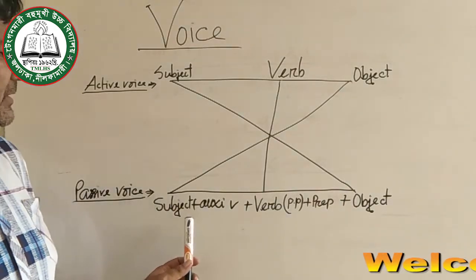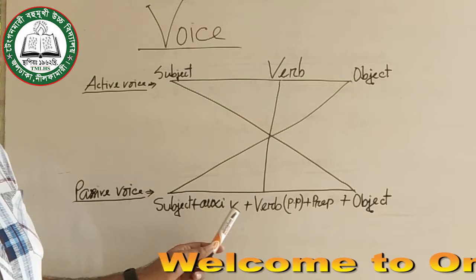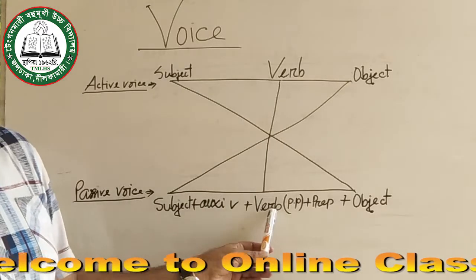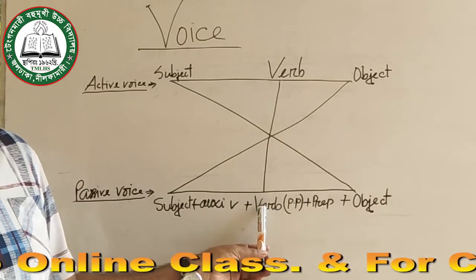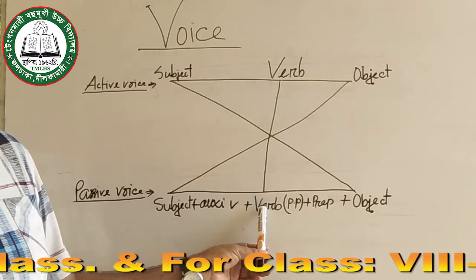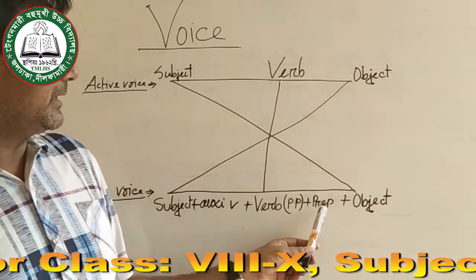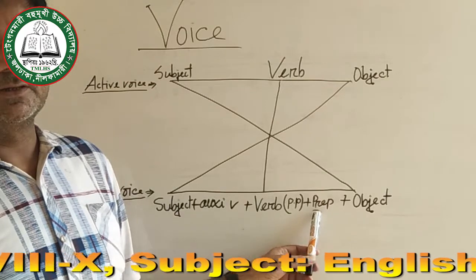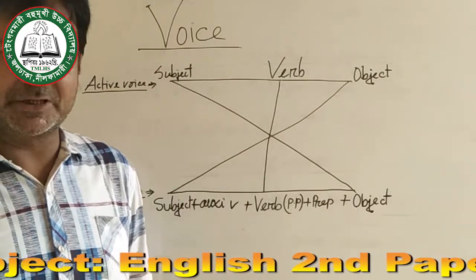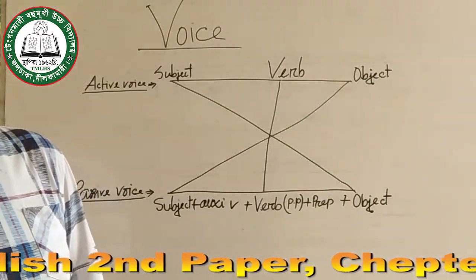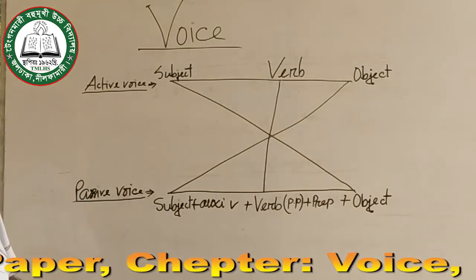Passive voice: subject, next auxiliary verb, principal verb. Principal verb must be PP, past participle, that means V3. After that, preposition. Finally, object. My dear student, this is the